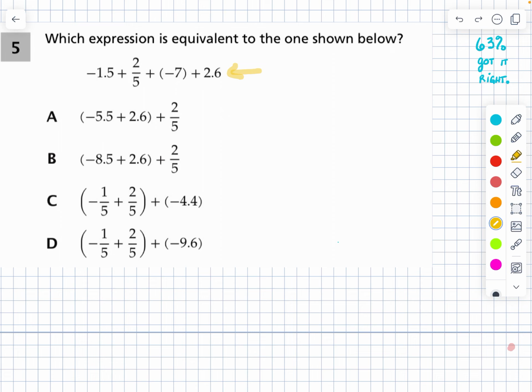I see there's one fraction in this equation, and on C and D there's actually two fractions. This -1/5 comes into play. I don't see how that's going to be in our final, so I'm feeling like both of these are not going to be in the running for the correct answer. But I'm going to reserve judgment, because something may happen, we don't know. So now let's look at